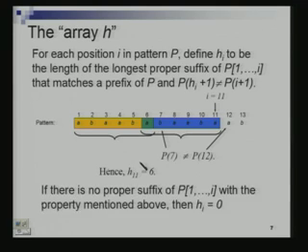What is not understood? Okay. Now, if there is no proper suffix of P1 through i with this above property, then what should the value of hi be? What is hi capturing? Hi is capturing how much of the part continues to match after the shift. If no part continues, that is, if there is no such suffix, then no part will continue to match. So its value becomes 0. This means we shift by how much? Directly by i. Okay?